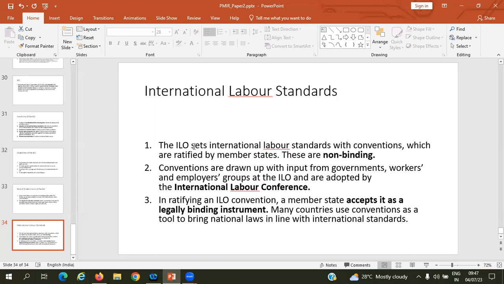Many countries who are members of ILO, or who are supported by different trade unions, different organizations, they are having conventions as a tool and they are bringing different laws, different standards, different regulations, which are aligned, which are followed or